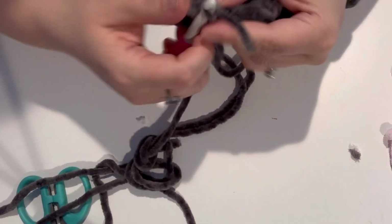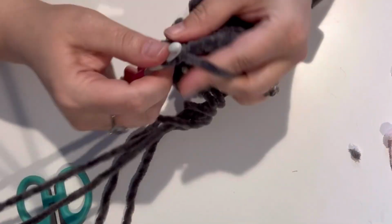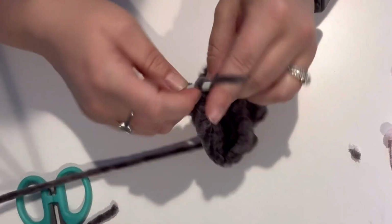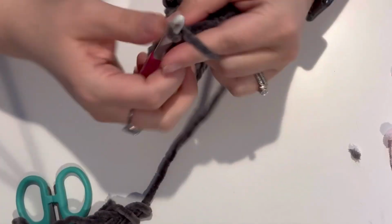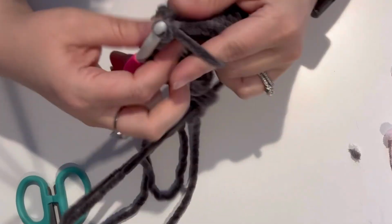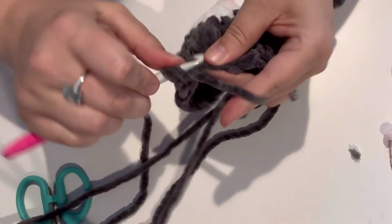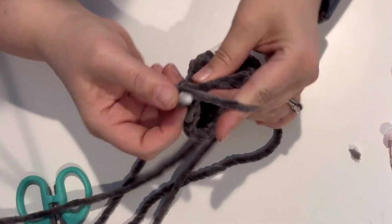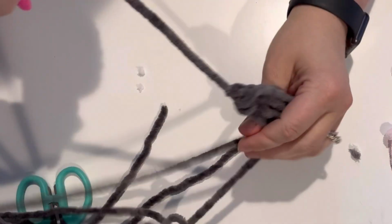1, 2, 3, 4, 5, 6, 7, 8, 9, 10, 11, 12, 13, 14, 15, 16, 17. And now that bobble. And we're going to do the same just as the other ones. We're going to put 4 stitches on that bobble. Make sure it's